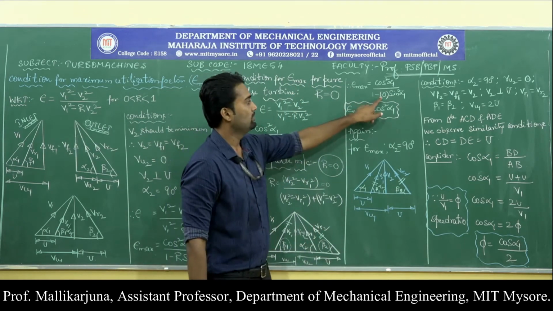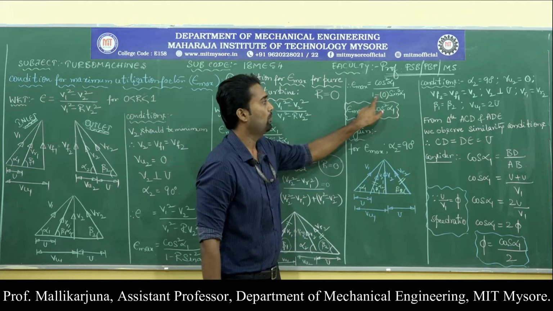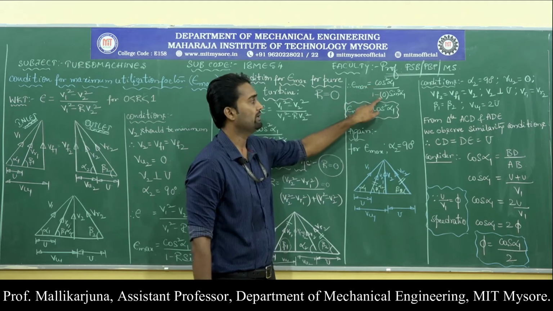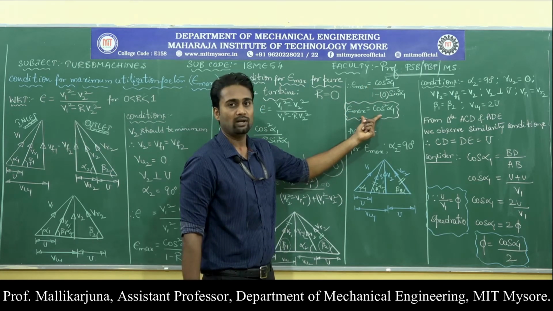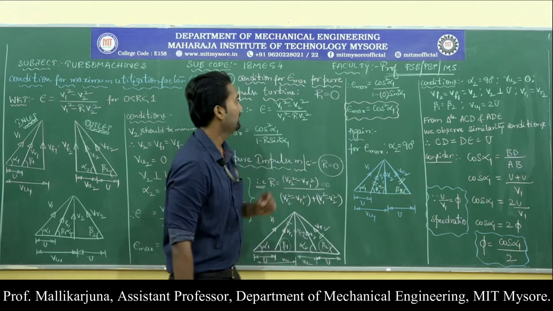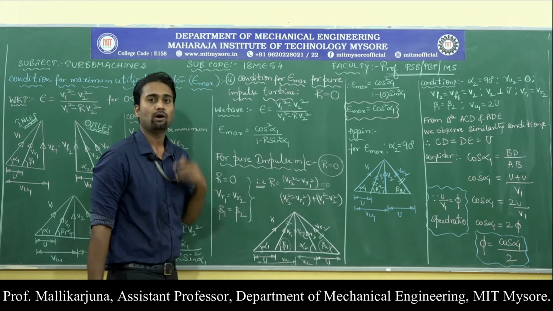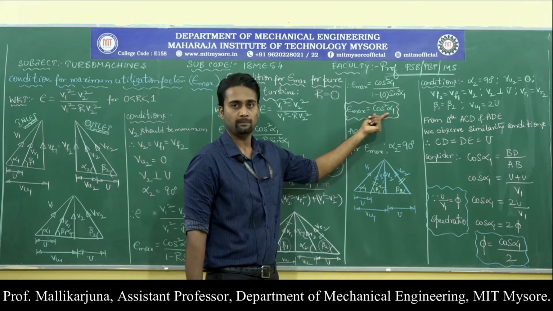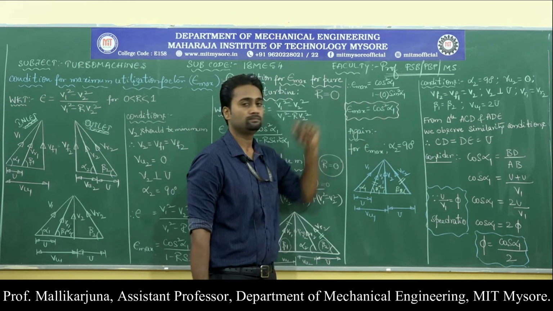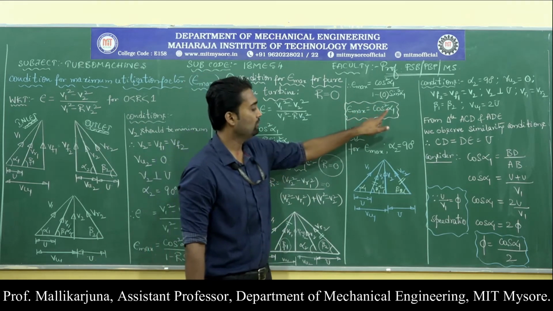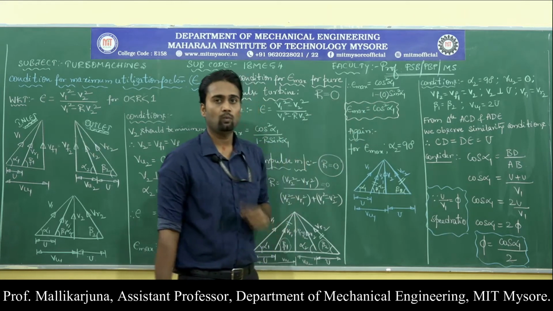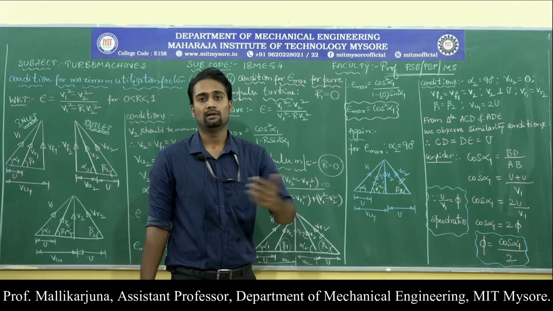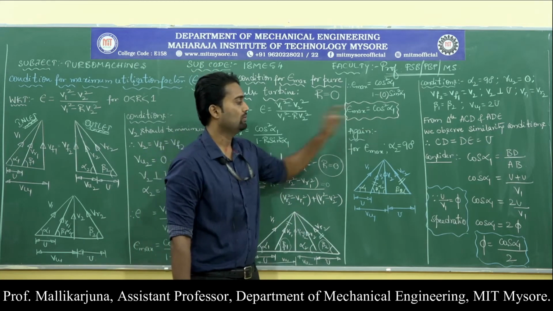So now 0 times sin square alpha 1 is 0, 1 minus 0 will be 1 at the denominator. So cos square alpha 1 divided by 1 becomes cos square alpha 1. That means maximum utilization factor for pure impulse turbine will be cos square alpha 1. That is what we have written over here. Next thing is we have to look at the cos alpha 1 value. What value does cos alpha 1 take? That is what we have to look into now.